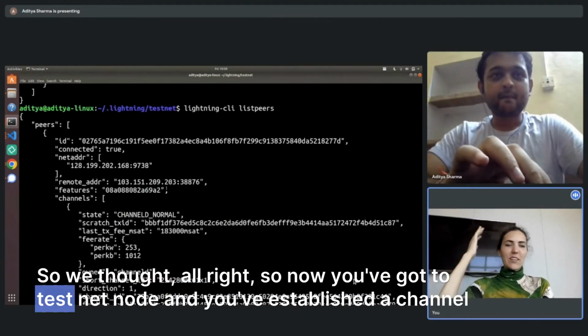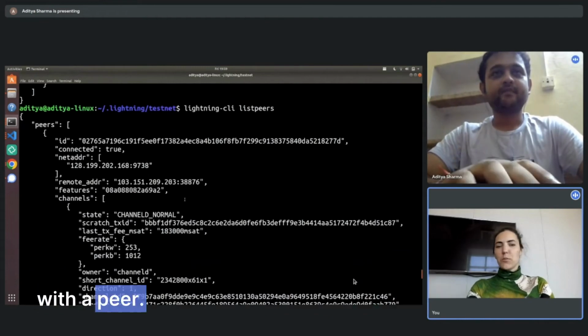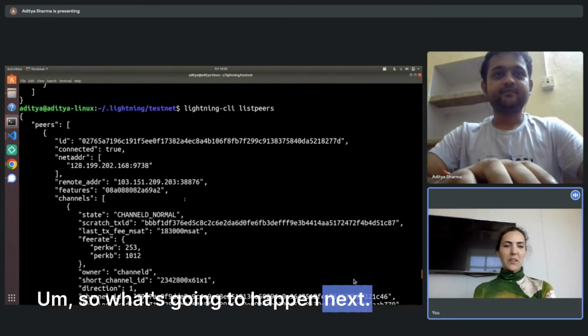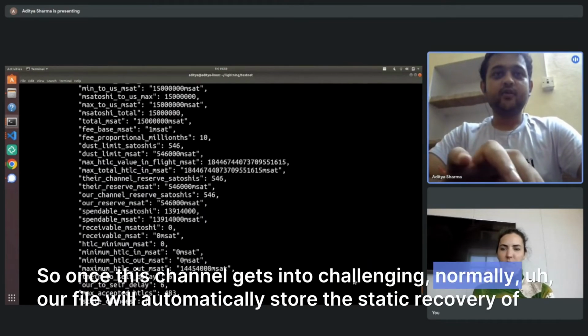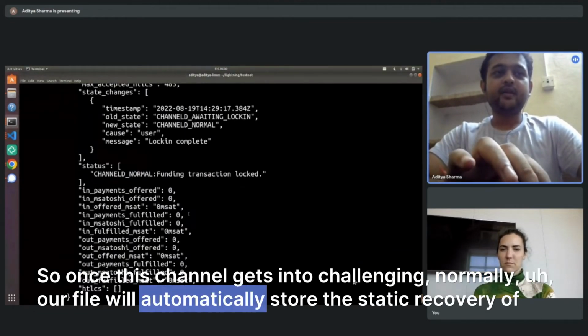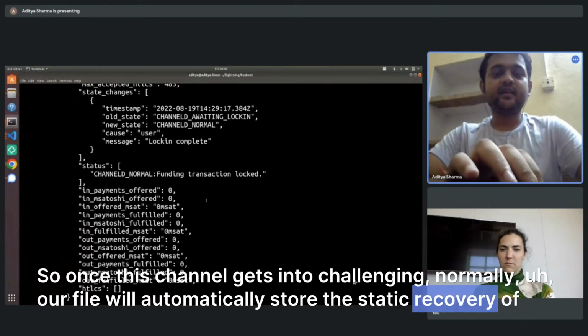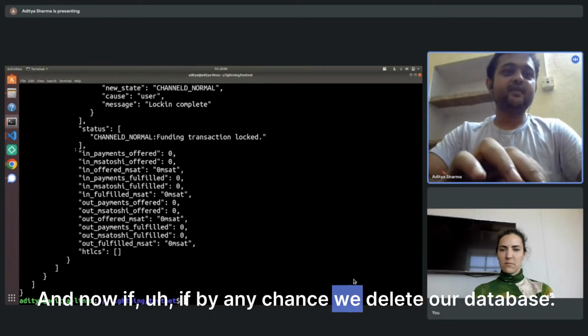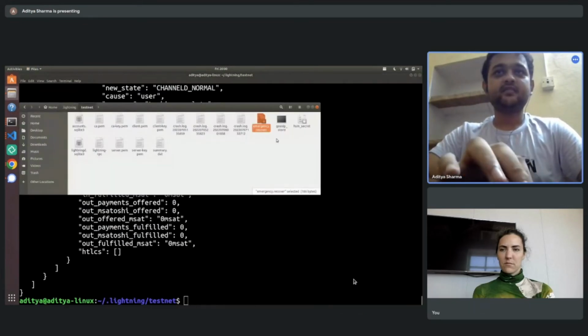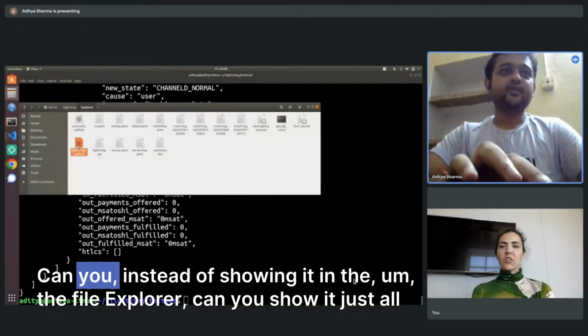So now you've got a testnet node and you've established a channel with a peer. So what's going to happen next? So once this channel gets into channel normal state, our file will automatically store the static recovery of this channel. And now if by any chance we delete our database, which is here,